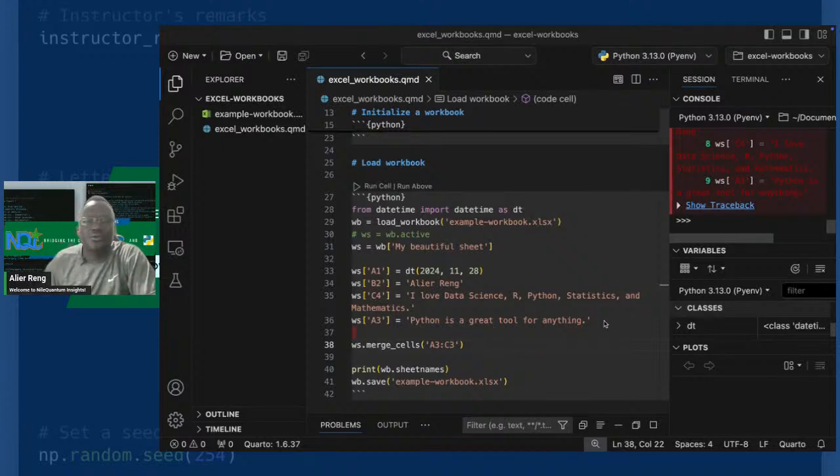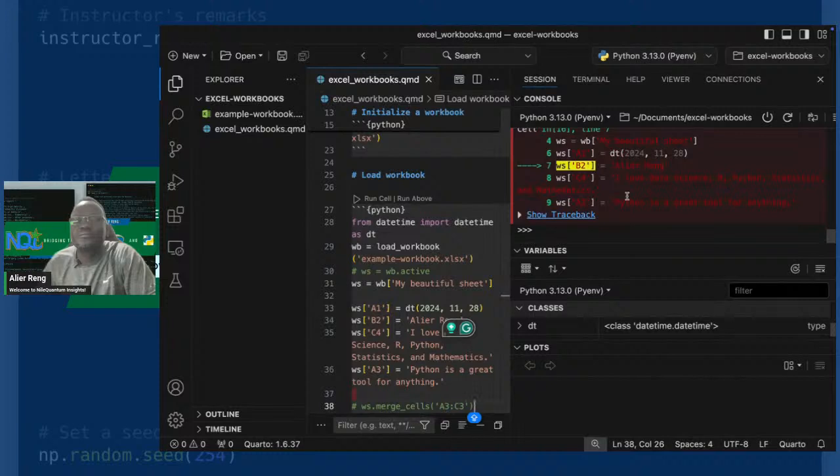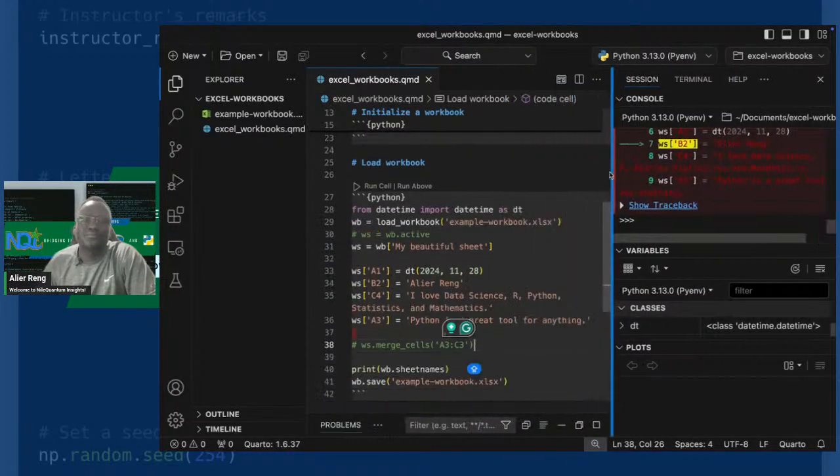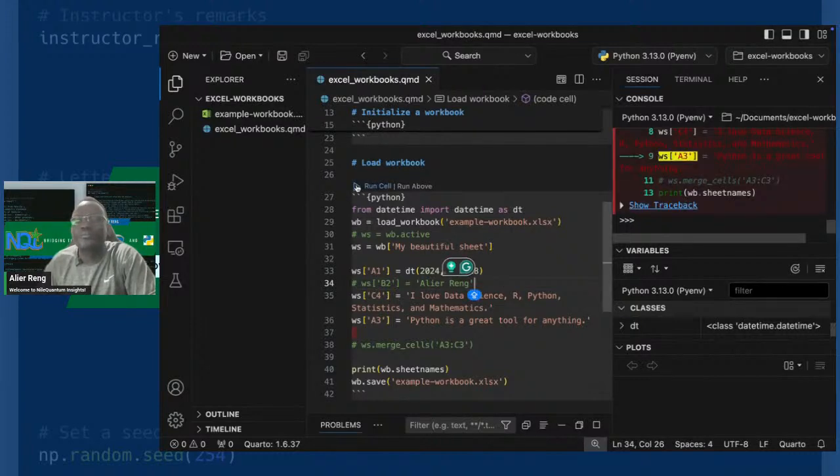Okay, so I will comment this out first. Let's load it. Something is wrong somewhere. Okay, so let me comment everything out